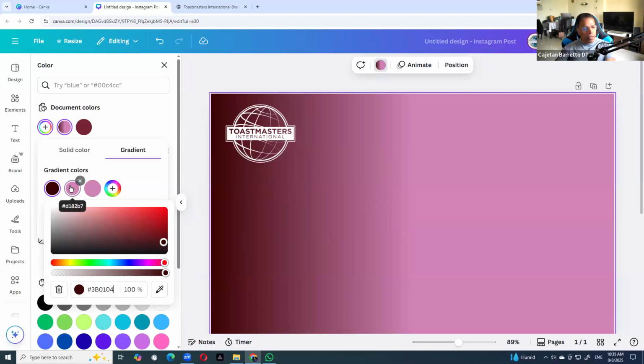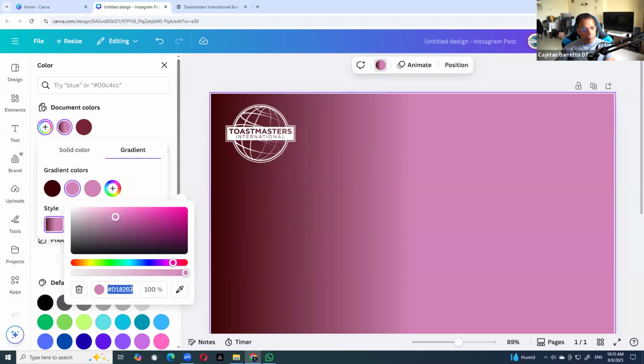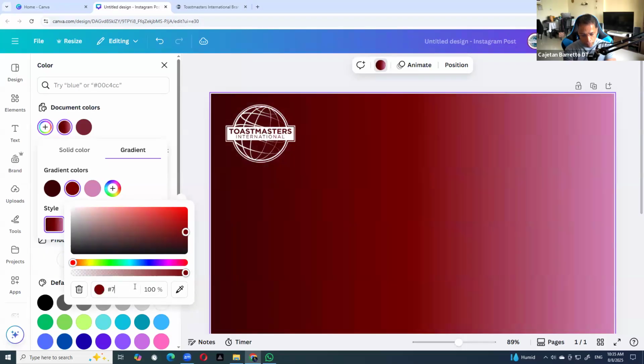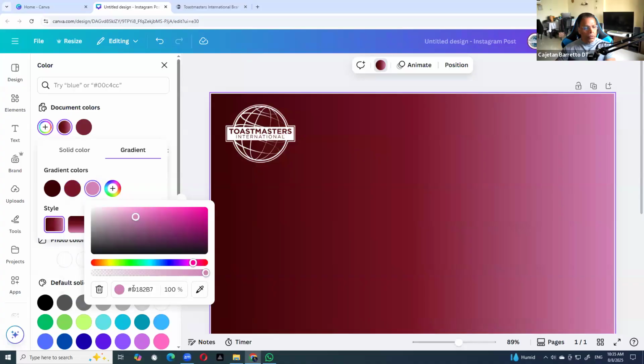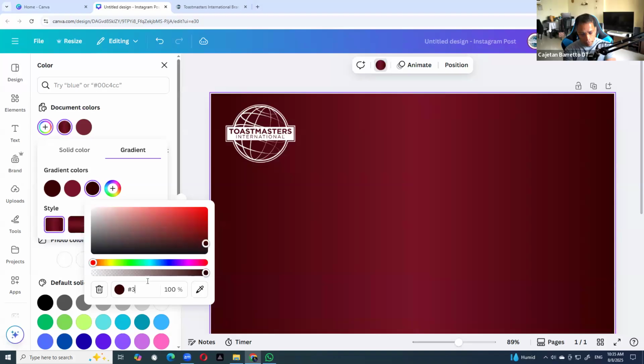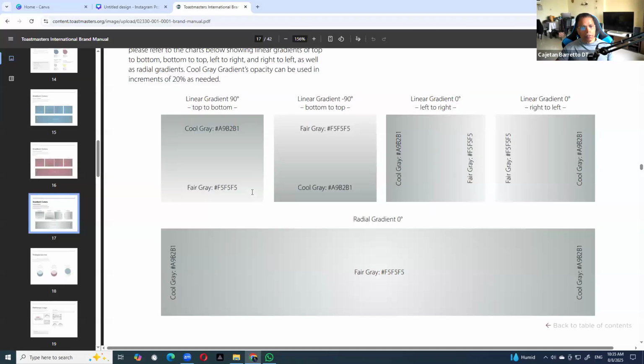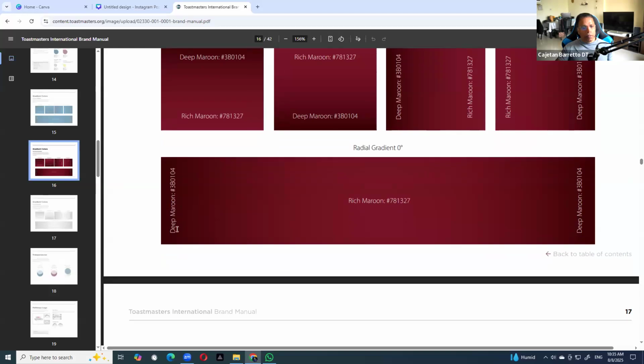Then click on the second color and use 781327. And then click on the third color and use the same as the first color, which is 3B0104. So what I have done is I have combined the dark, what we call it, let me show you here. Yeah, deep maroon, rich maroon, deep maroon.